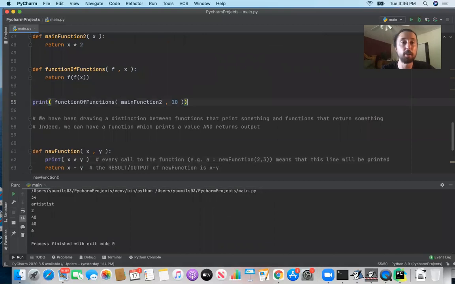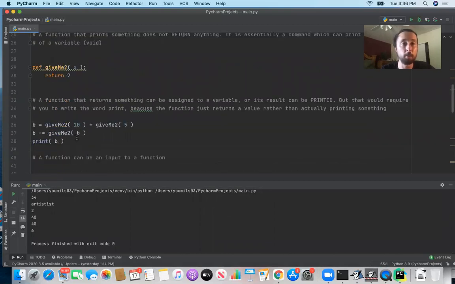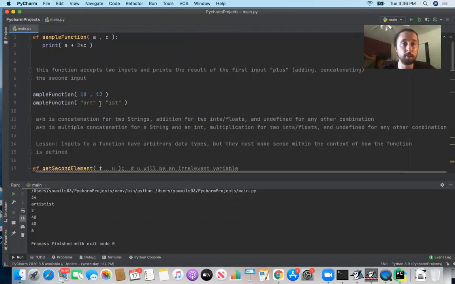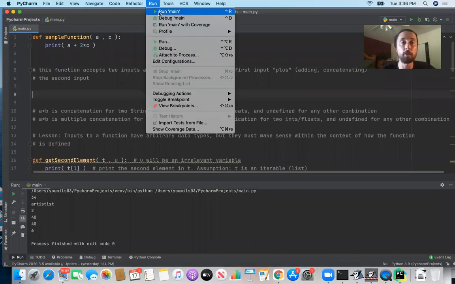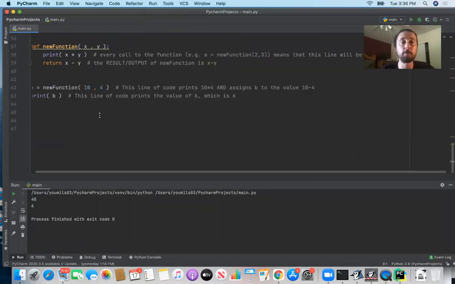And I guess we don't want to get confused with other examples that we were doing. I always have to remember to clear some of the previous print statements from other examples that we've done previously. I don't want you guys to get confused. So let's just clear all that, and then we can run main.py, and indeed we get the 40 and the